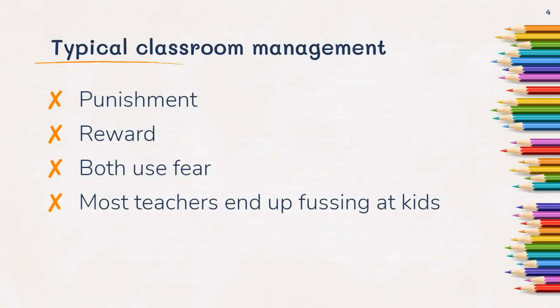Now, most teachers are in between both of those two extremes, and we just end up fussing at kids. I know when I was in the classroom, long before I learned about this take charge model, this is what I ended up doing. It was a fussing system. So basically, the students would misbehave. I would just call them out, and I would ask them to stop, tell them to stop, maybe raise my voice a little bit. For the most part, it kind of worked.